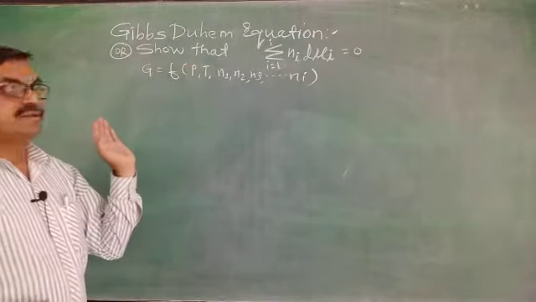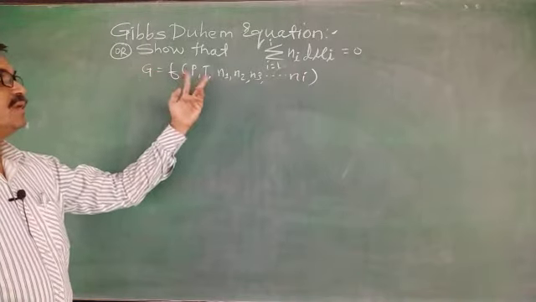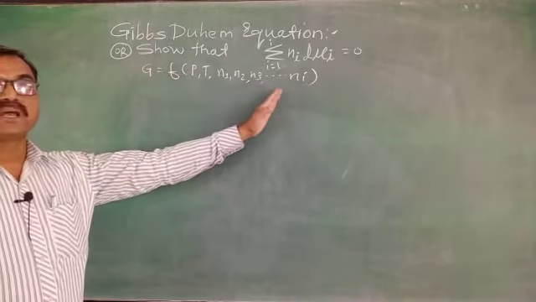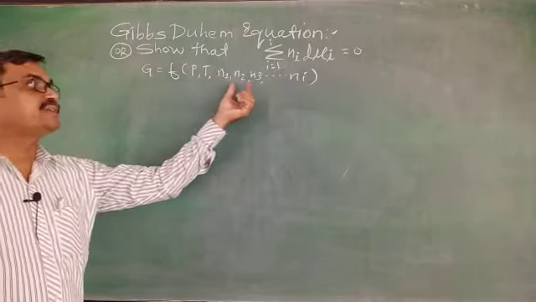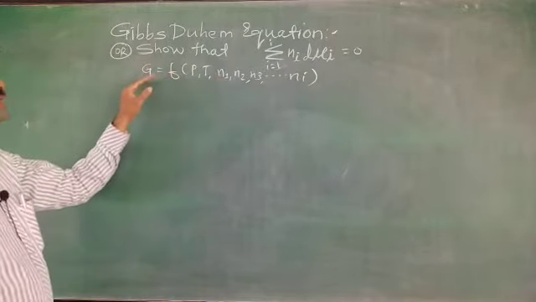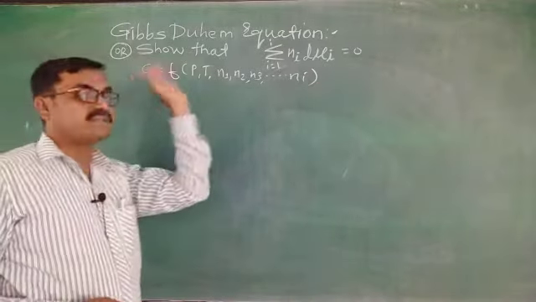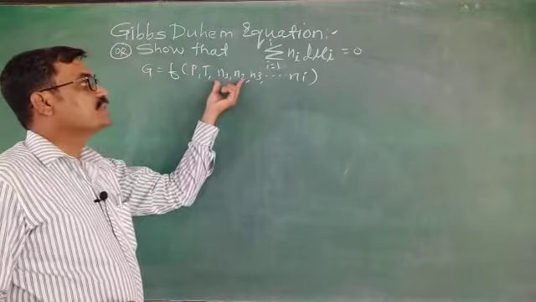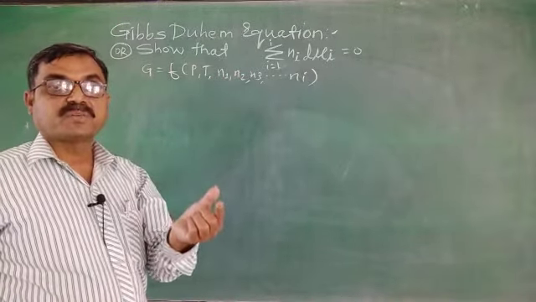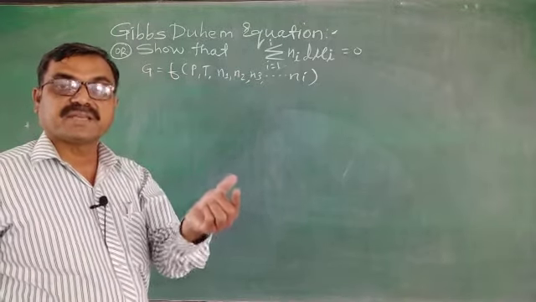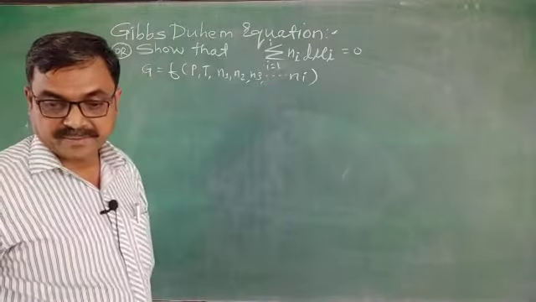Now from this equation it is clear that the Gibbs free energy is a function of all the terms present on the right-hand side. If there is a small change in pressure, temperature or any constituent, then there will be a corresponding change in the Gibbs free energy G. And why is this G extensive? Because these are the numbers of moles of the constituents N1, N2, and the property which depends upon the amount of matter in the system is extensive. That's why G is an extensive property.